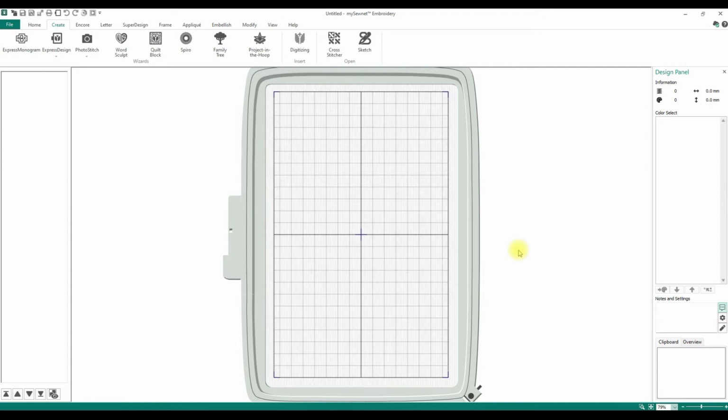All right, so I told you guys that we were going to do 2, possibly 3 items today, and we're going to go over family tree, project in the hoop, and sketch. We are going to go pretty fast through this. Family tree,